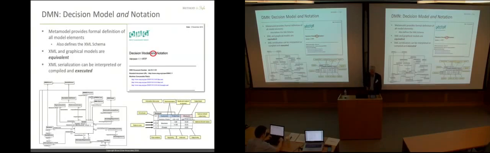So that's where DMN came in. DMN stands for Decision Model and Notation. The "and" is an OMG thing. It means that in addition to the notation, the graphical language, there is also a formal meta-model described as a set of UML class diagrams, you see on the left here, that define precisely the names of the elements in the diagram, the relationship to other elements,